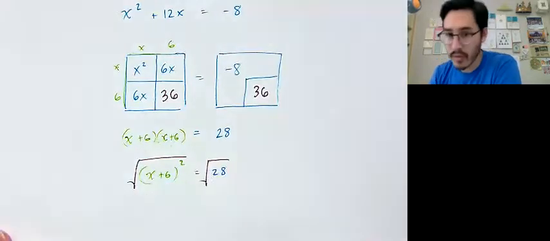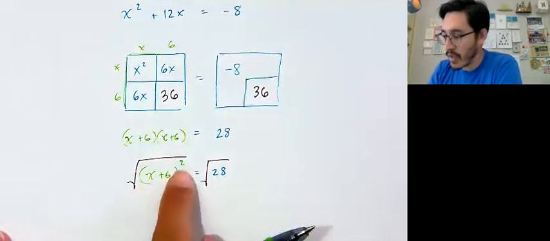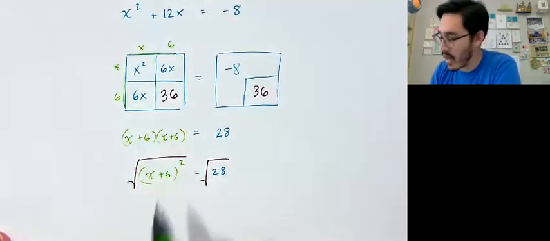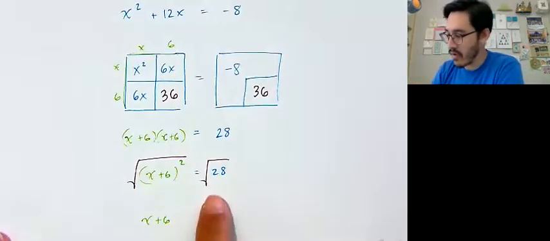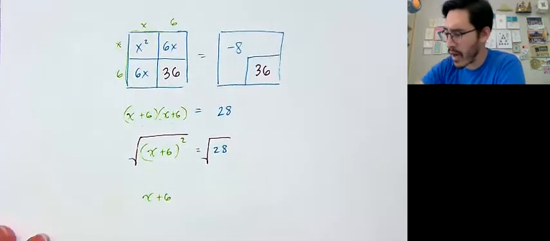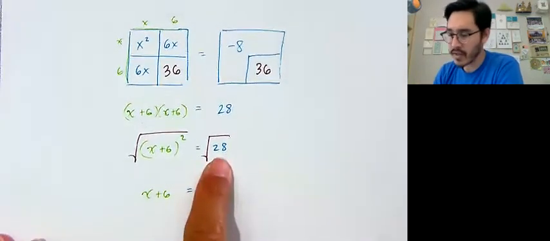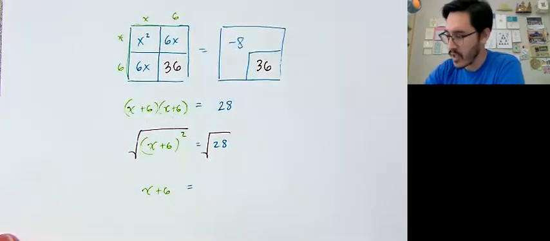Square root both sides. So the square root and the second power cancel each other out. So now we've got just x plus 6. And then over here, we can write it as plus or minus root 28. But we can simplify this radical, right? 28,